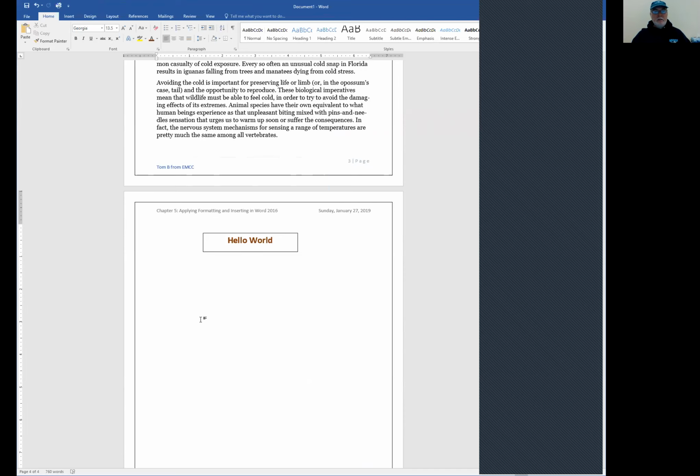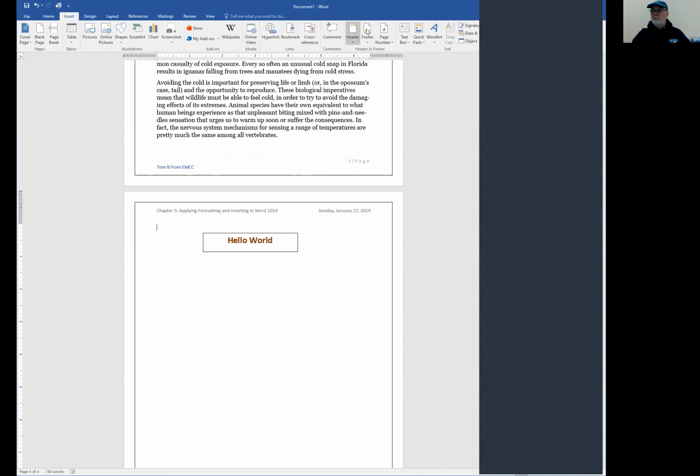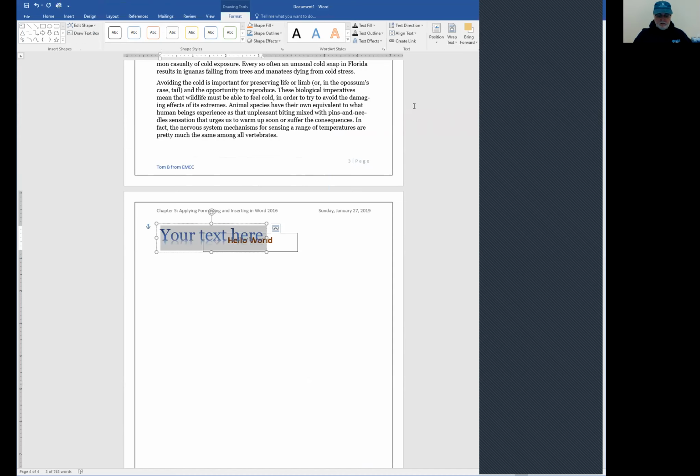Well, how about if we want to insert a word art? So we're going to go back to insert. Word art is over under the text section. I'm going to click that and pick one of these. What format do I want this to be? And since it's word art, you're basically coming up with a way to input words on your page that are more graphical in their nature, and they can be moved around the way you would the text box. So I'm just going to pick this, get some nice shadows there,